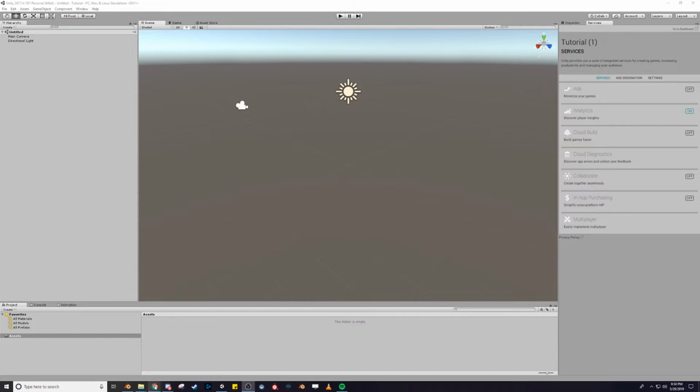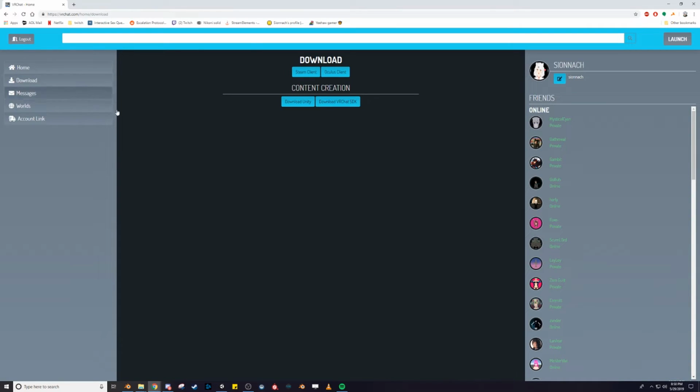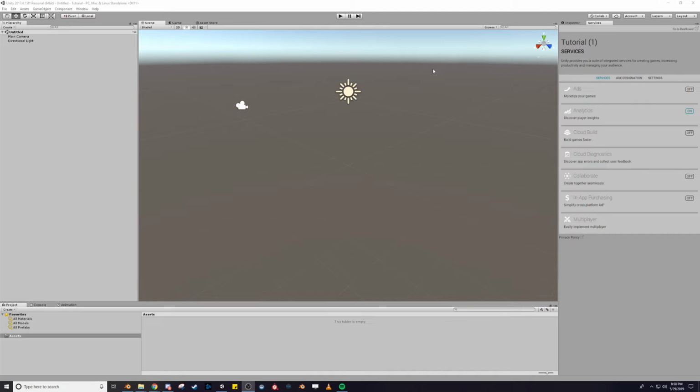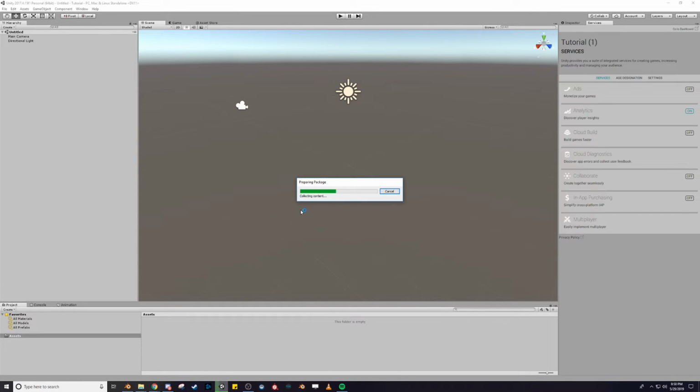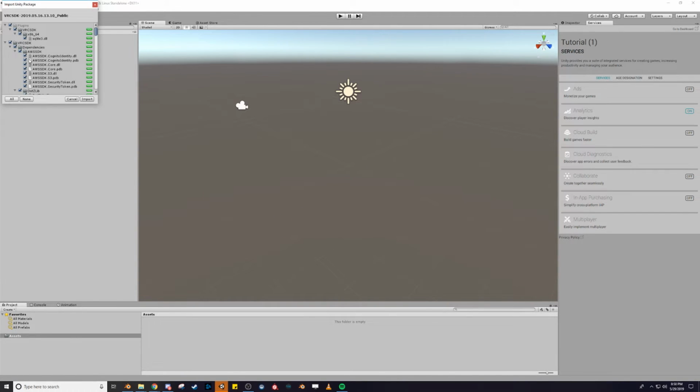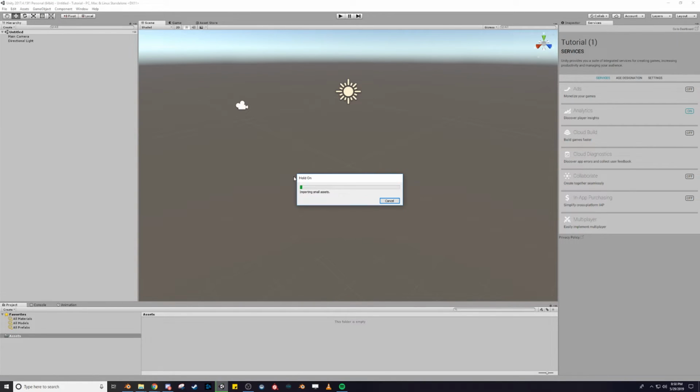So in order to find this, just go to VRChat's website. You'll have to log in order to get to it, and then go to the download section and hit download VRChat SDK. Then you're just going to navigate to wherever you saved the SDK. In my case, it's in my downloads folder, and it's a Unity package, so all you do is double click it while Unity is open, and it'll pop up import Unity package. Hit import, and then just wait a little while,